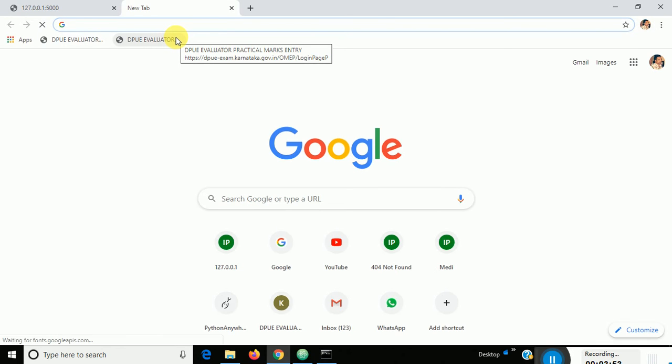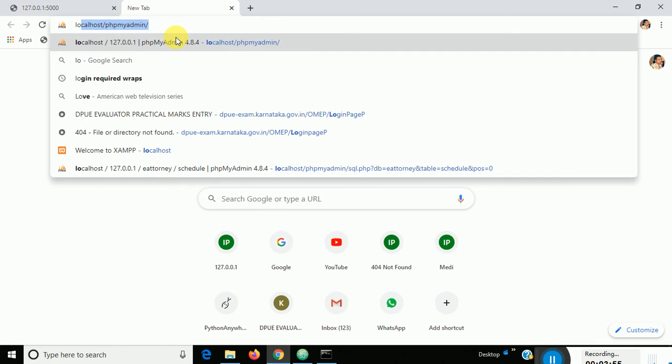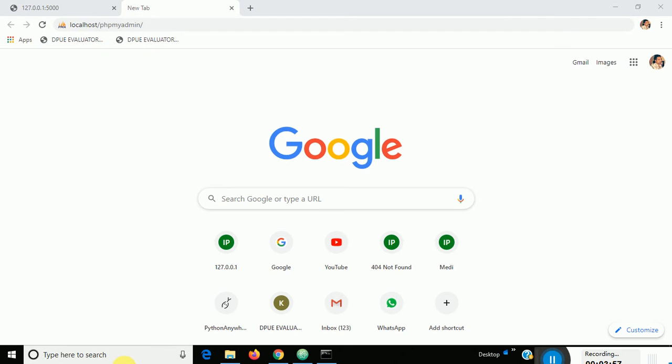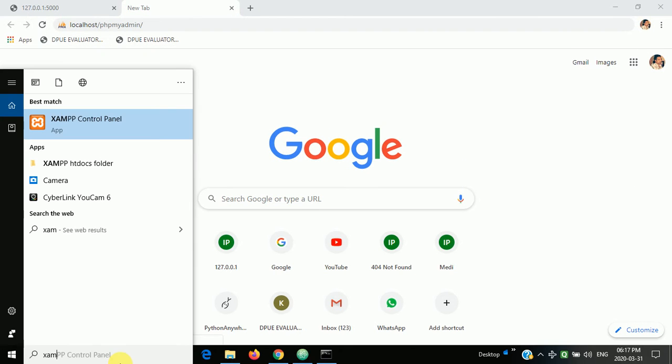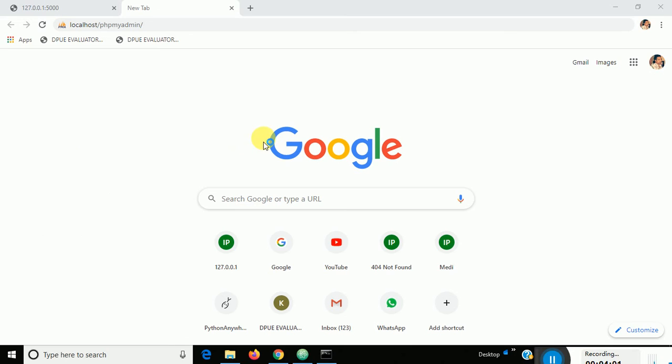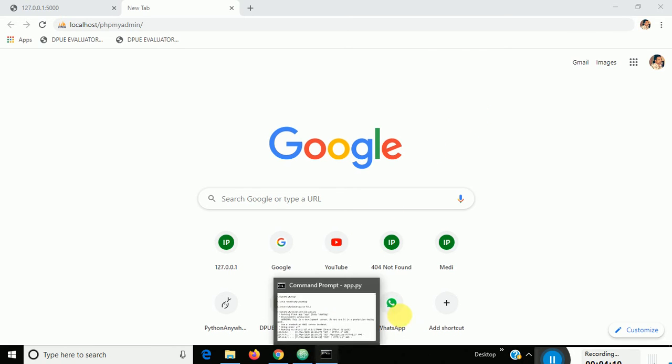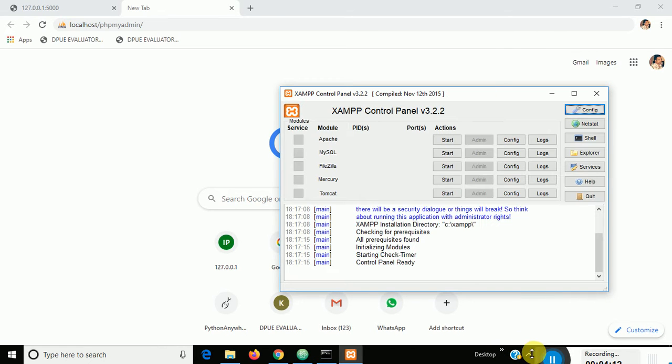To do that, I'll create a database. I'll move to the XAMPP control panel. In that, Apache and MySQL are there, and I need to turn on both.